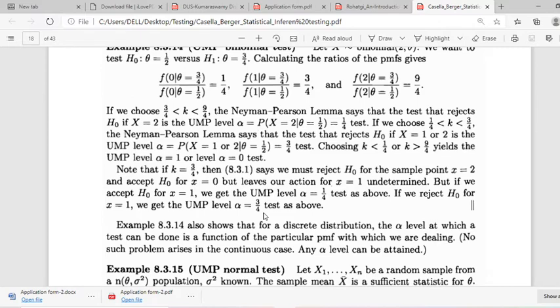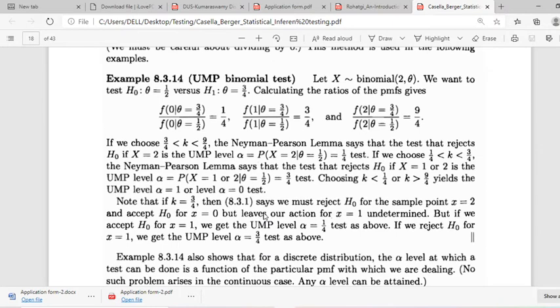Okay, so this is a good example to understand the concept of the Neyman Pearson lemma. You write and try to elaborate these steps and understand. Okay,